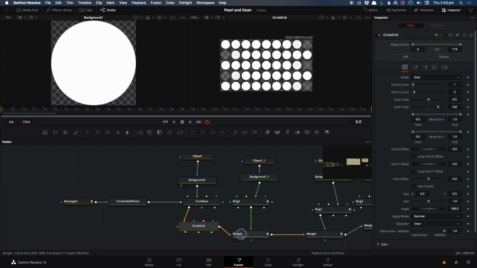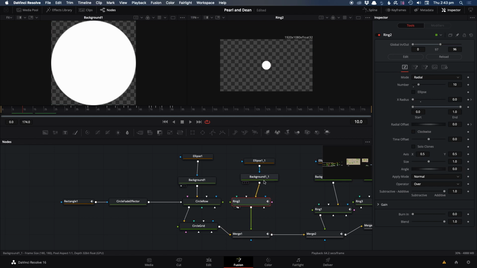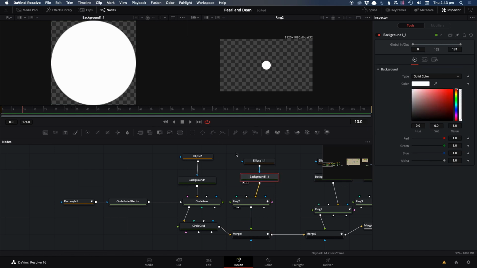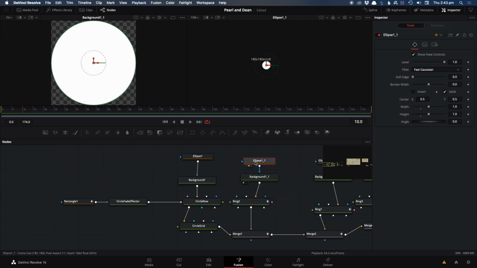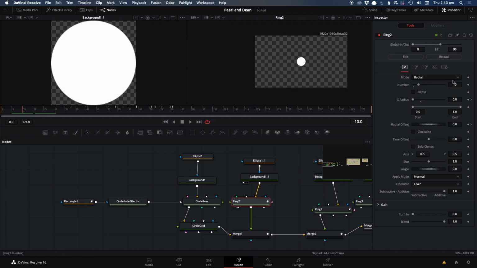And moving on to this merge, this is used to fade in the first of the rings. And I think I'm just using the blend animated to fade in one of the rings. Now this ring, again, we've got a background which has got an ellipse on it, and here's the ellipse. And this is a radial cloner, and there's quite a lot of keyframes on this one,